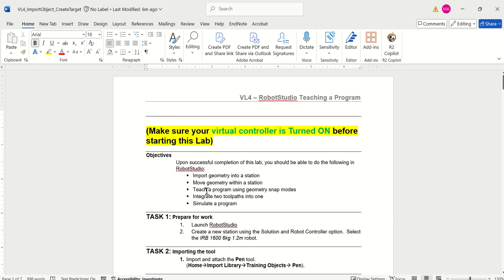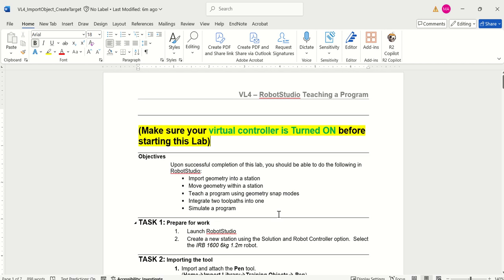After this virtual lab, you should be able to know how to import geometry from outside and move it on the workplace wherever you want. At the same time, you will understand how you can teach a program using various geometry, how you can integrate two or multiple toolpaths into one, and simulate the program. So let's launch